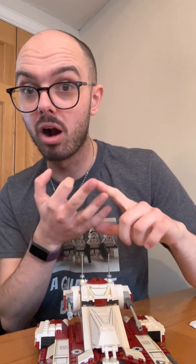I like things like this that are different. I like things that are quirky. I like things that aren't contemporary to Lego, Star Wars, and the fandom. So yeah, all in all, would definitely recommend you pick it up just for the minifigures. If you don't really want to do the build, at least get the minifigures, because I think on the secondary market, eBay, Bricklink, whatever, the Clone Troopers definitely are going to be the standout buys for this set,